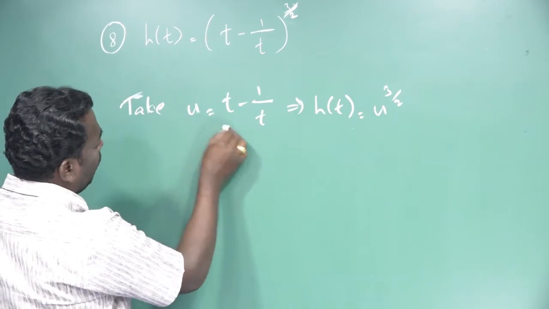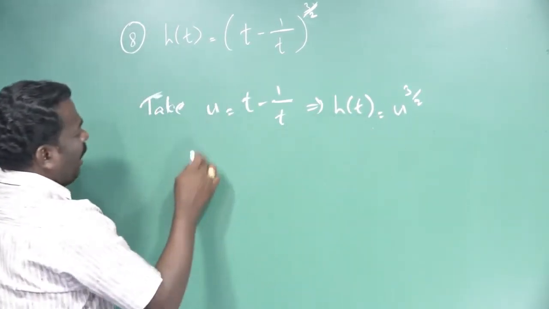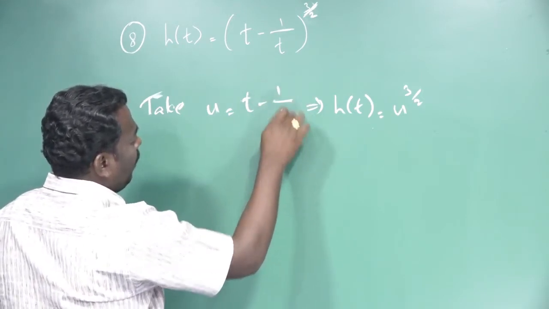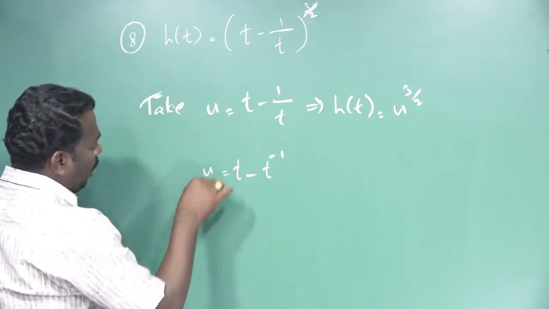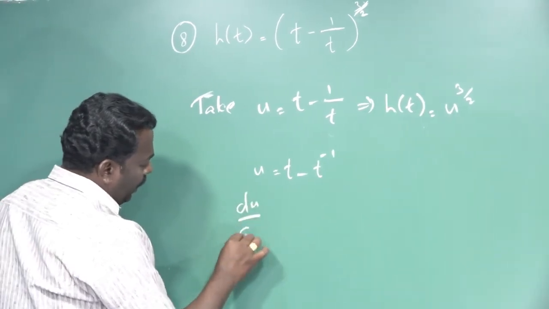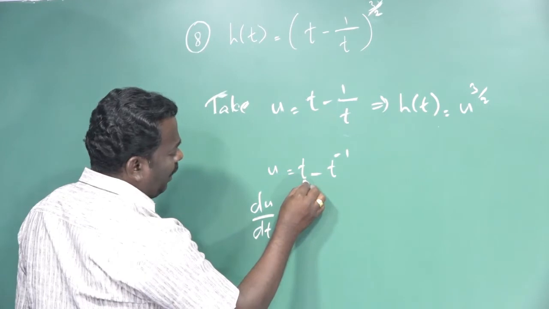Therefore u is a function of t and h is a function of u. Differentiate the value. Before the differentiation, there is no formula for it, so we write the numerator form: u equals t minus t power minus 1. Now differentiate with respect to t. Therefore du by dt equals the differentiation of t,